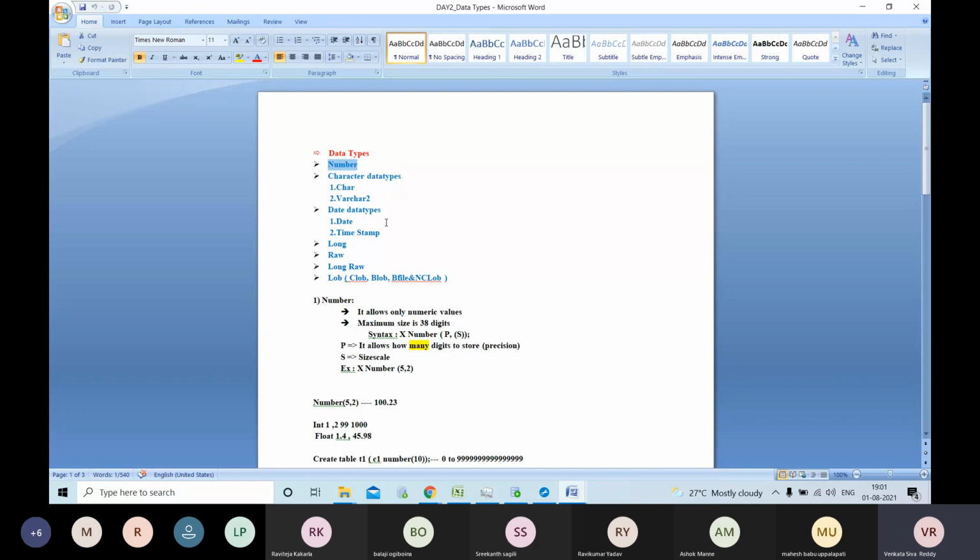If you went to the branch and took a mini statement, it shows the most recent 10 transactions. From morning onwards you are doing a lot of transactions, and we need to understand your first and last transaction.